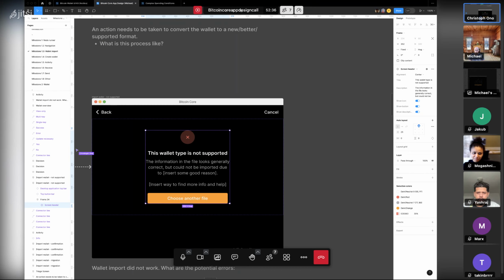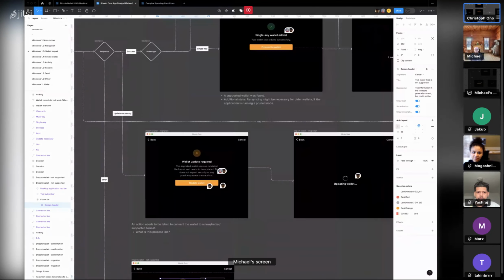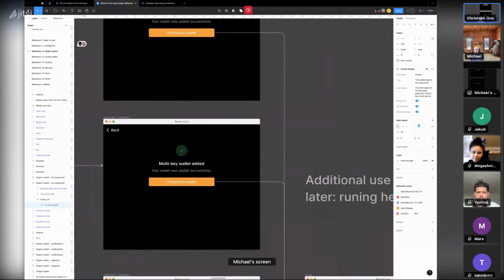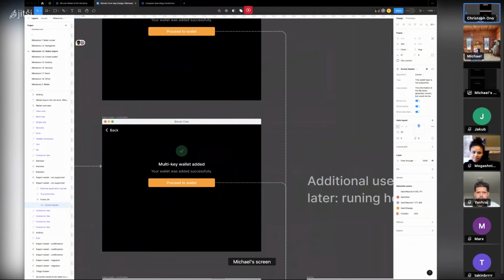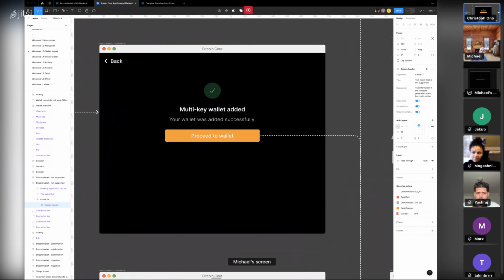I had one. So overall, looks really good. One question I had is about those different success screens: what do we need to tell people? Let's say you add a multi-key wallet. On that screen, the green color and the green check mark tell me it worked out. "Multi-key wallet added" tells me it worked out. I'm curious if there's actually a wallet name in the file that we can potentially state, say your savings wallet or whatever you called it was added. And then in the text,